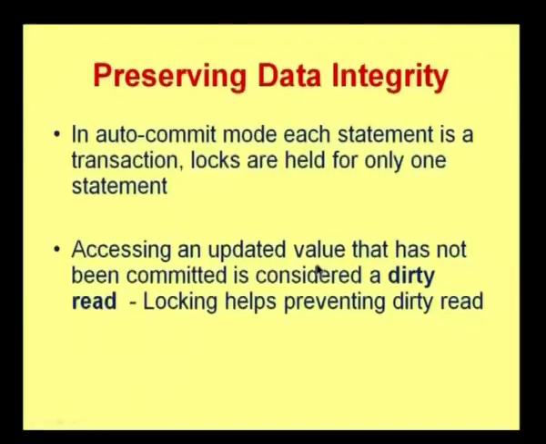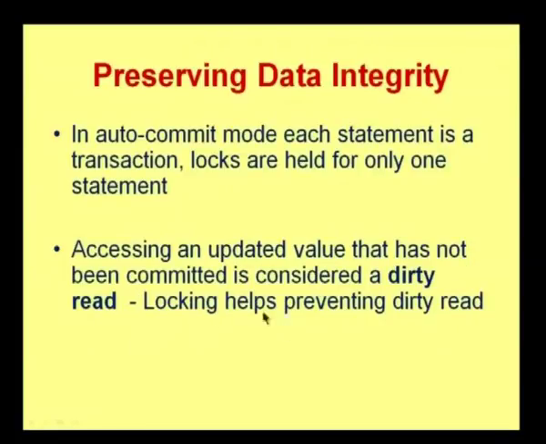Whenever I say lock, that lock will be for only one particular statement. I cannot do it for a particular statement and proceed with the other statement. It means that in case of auto commit mode, for one particular SQL statement I am locking that statement alone. Here you can say that accessing an updated value that has not been committed is considered